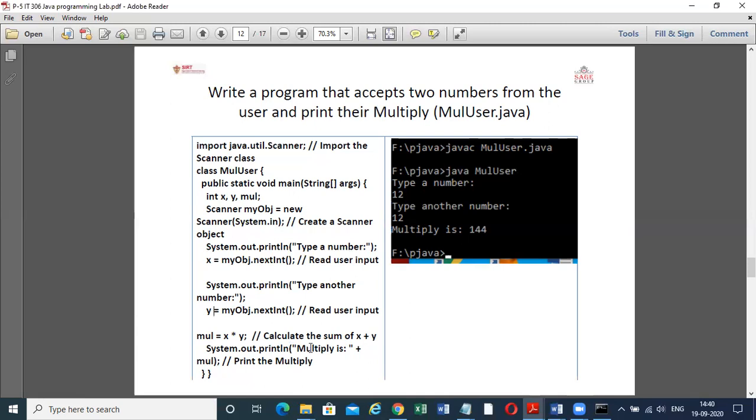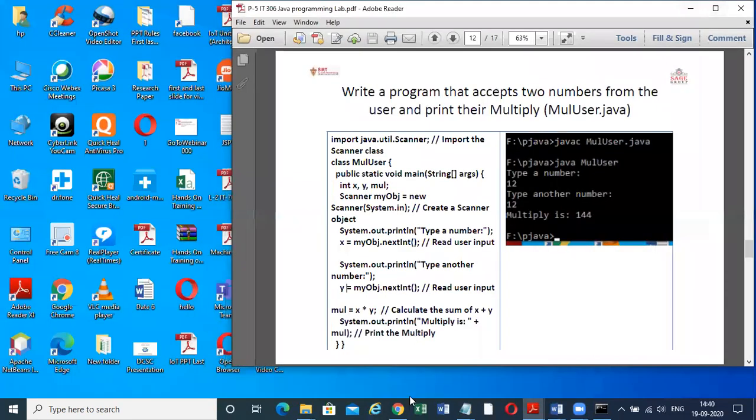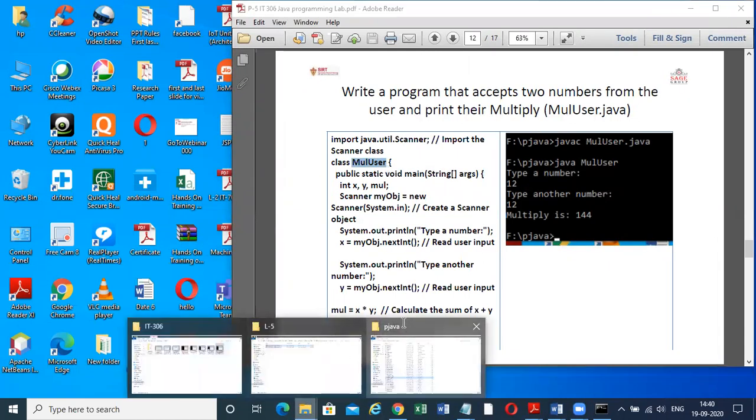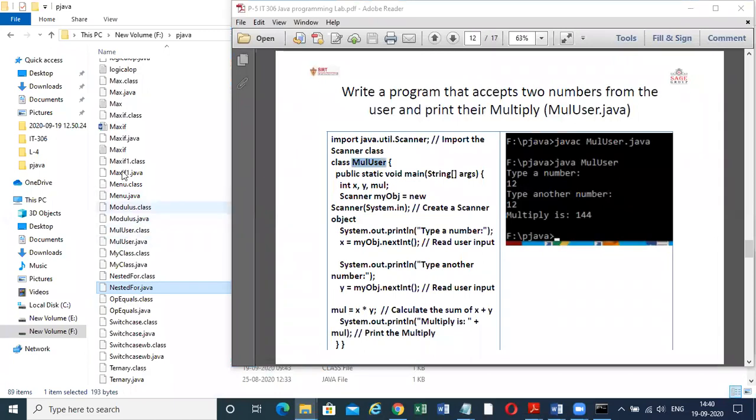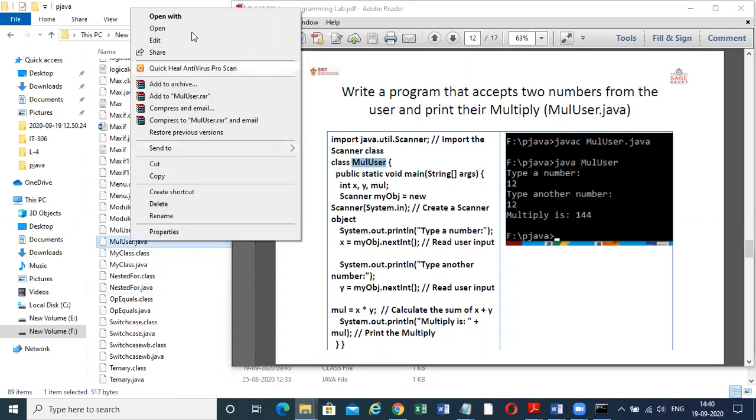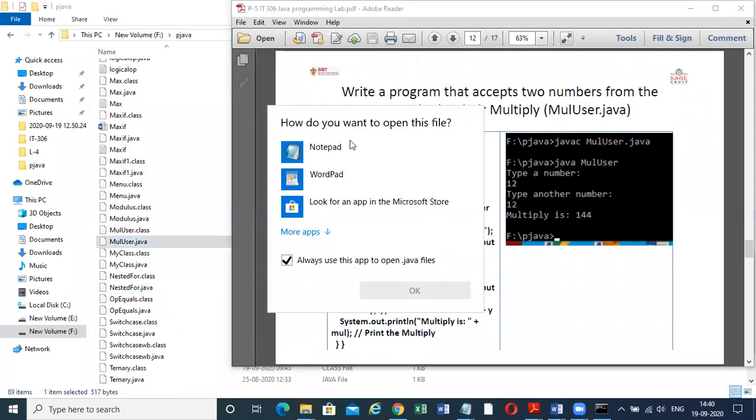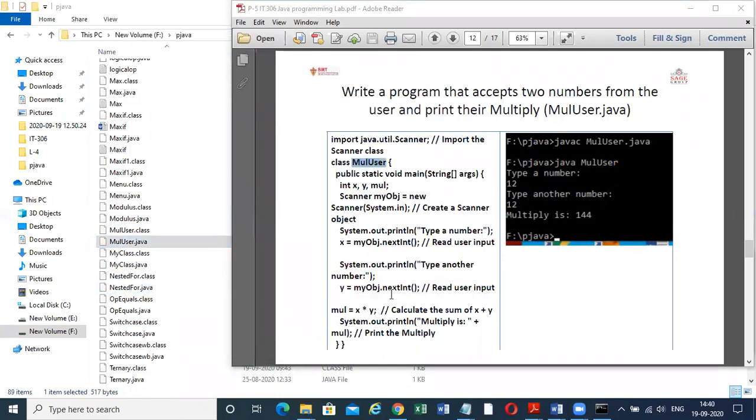This is System.out.print, and "Multiply is" will print the multiplication of the two variables given by the user. The name of that class is MulUser, so I go to the program, MulUser.java, and open it.